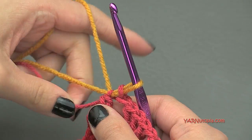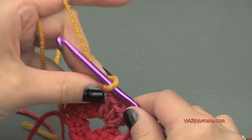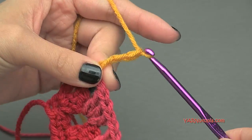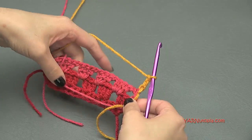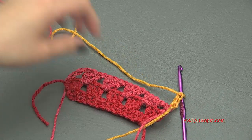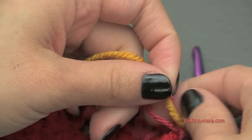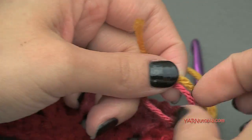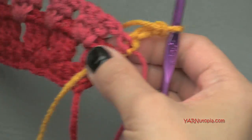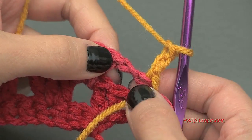Okay, so there you have it. Now going on to row 4, we are going to chain up 3. So 1, 2, 3. Turn your work. I'm going to set this down for a second and cut my old color, and then tie my old color and my new color into a knot. Okay, and then in the same space right here, the same chain 1 space, I'm going to put 2 more